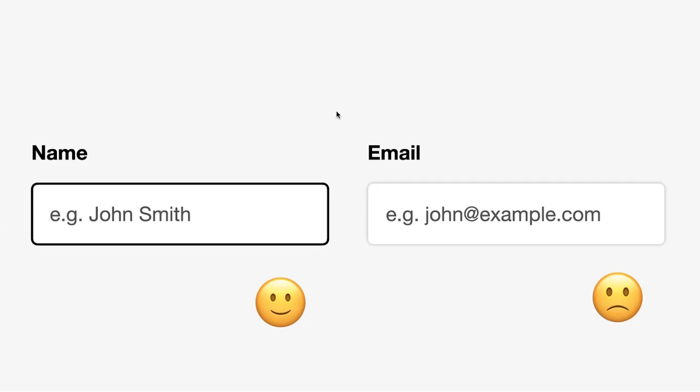So the first thing we're going to look at is boundaries. This is a new concept in WCAG 2.1 that refers to the contrast of form elements, and specifically whether or not you can understand the boundary of a form element and identify where that form element is and what it is. What we see here on the left-hand side is a standard form field for a name, and this has relatively high contrast. It has a fairly thick black border, and on the right-hand side we have the same control, but with a slightly trendier, softer edge shadow effect, quite common nowadays.